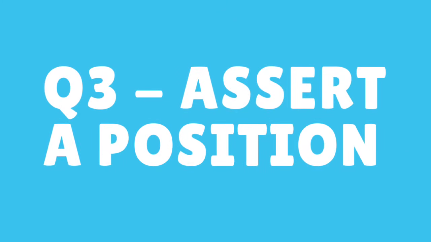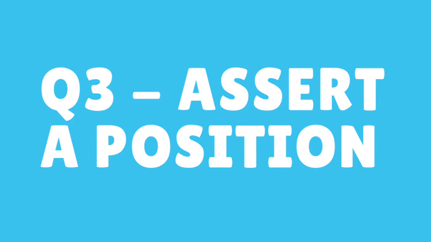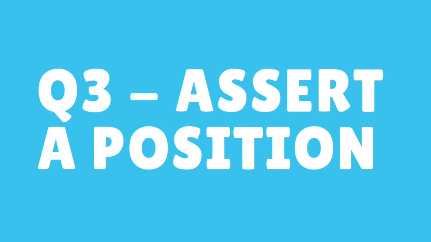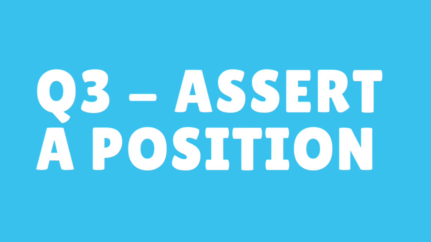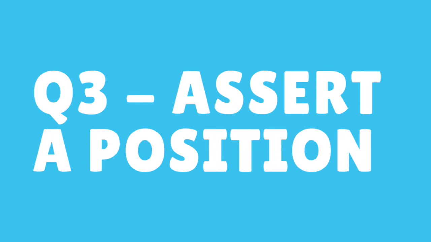For question 3, the argumentative essay, it's important that you assert a position. You need to make a claim that is arguable, and it's important then to have a counterclaim and rebuttal. So you don't want to try to take on both sides of the issue, but instead make a clear stance and make an argument. It needs to be something that people can debate, something that people could agree or disagree with. So you need to have a clear position, a claim, a stance. We call it all different kinds of things, but basically it needs to be clear what you're arguing for or